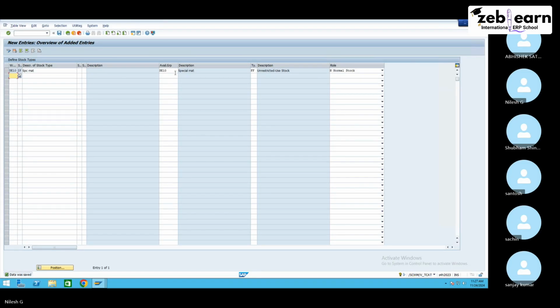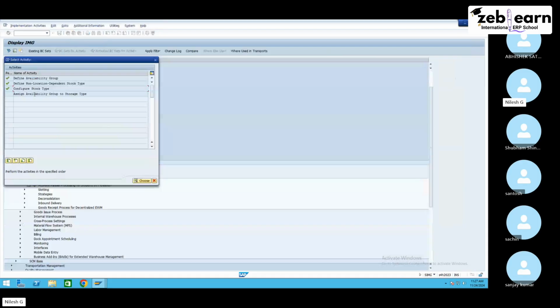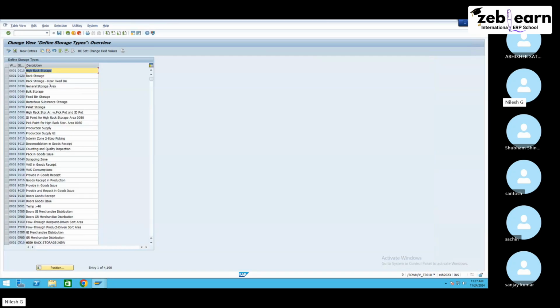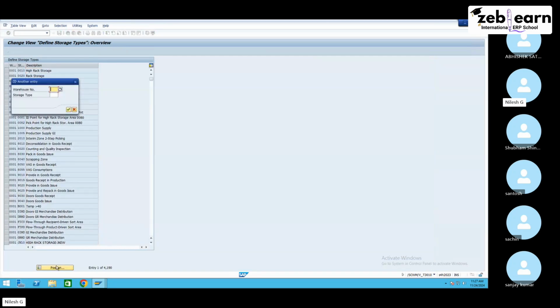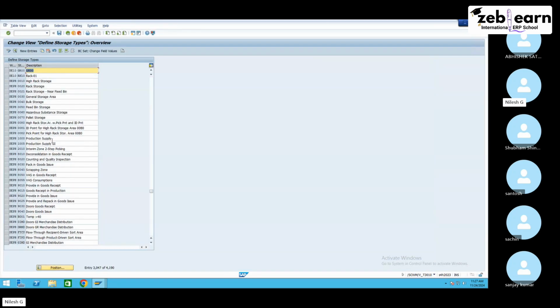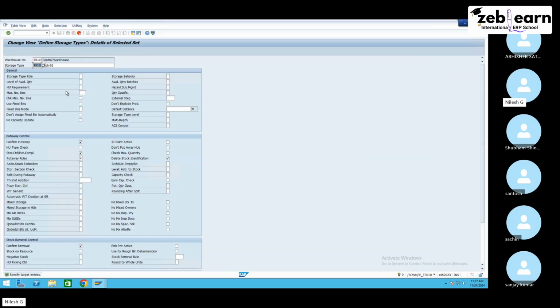Yes, sir. Okay, means this SC10 will trigger, the system will trigger with the stock in the storage type, with the help of the storage type. Then ability group plus FF, the system will update ZF. Means we need to create a new storage type for that. So here you can go to assign ability group to storage type. This table and the create storage type are the same one. So I will create a new one, for example, SC10,